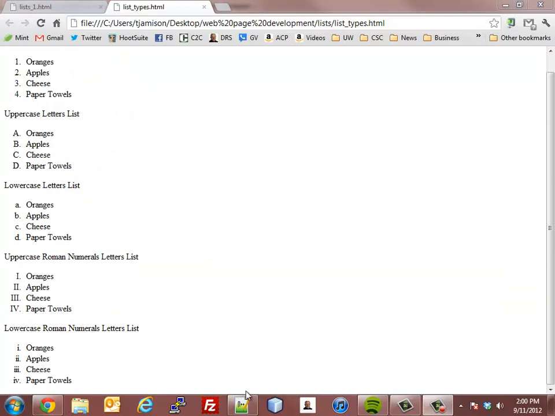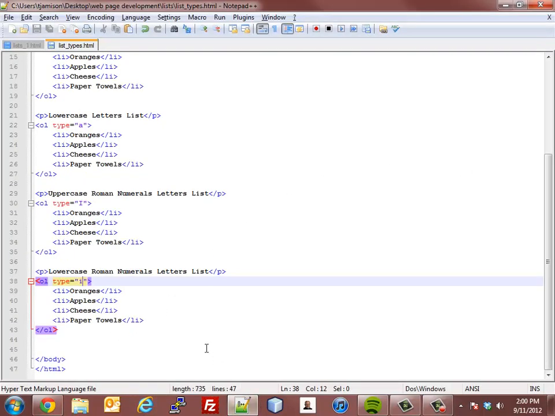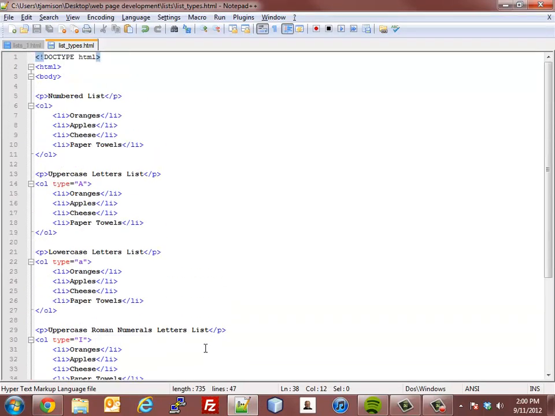Now, one of the other things that I want to show you that I don't believe is actually in the tutorial from W3 Schools, although it should be, and it's unfortunate that it isn't. Let's say this is an ordered list, and I want to start a value at something other than 1. Let's say the oranges are the 5th item on my list, okay? And I only want a list of items 5 through 9 or something. Well, when I start my OL tag,